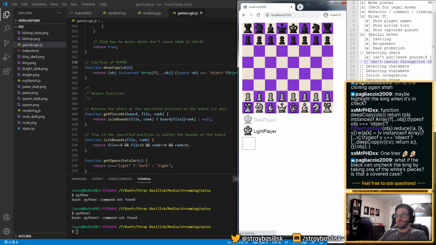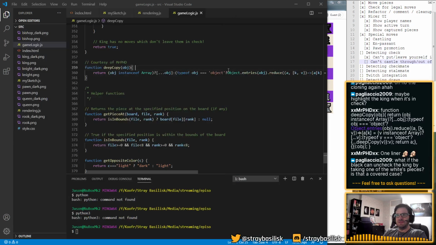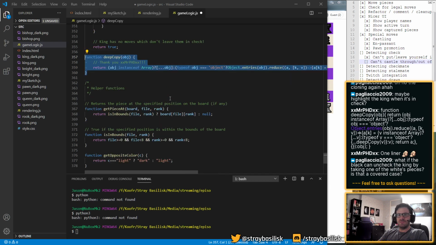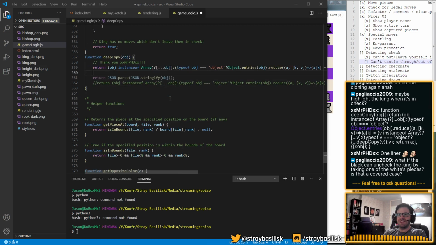Is this working now? Still doesn't like it. Doesn't account for nulls, maybe? Let's put that back for a second. It's actually harder than it looks to do this deep copy thing.